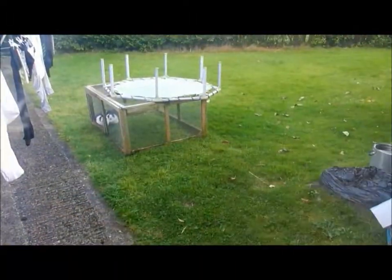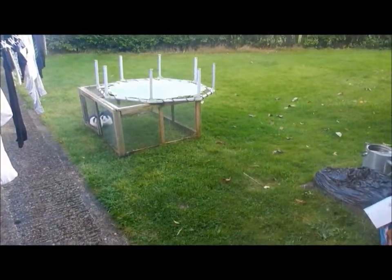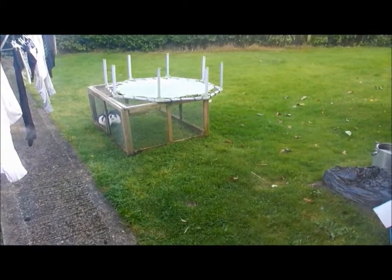So yeah, so Tash and Wabbit have been outside in their run for an hour and a half, and Lily and Coco have been on the shed floor and in their cage for an hour and a half as well. So they're probably going to have another half an hour or so, and then